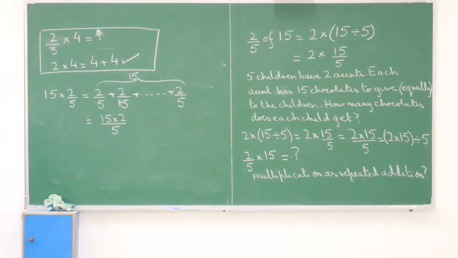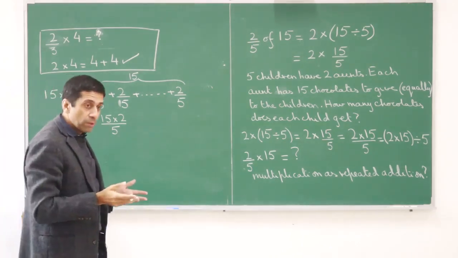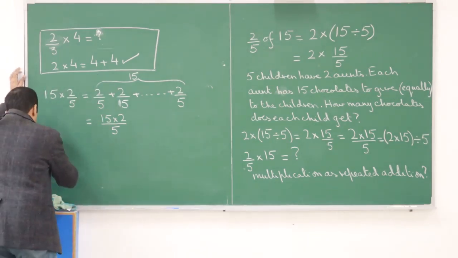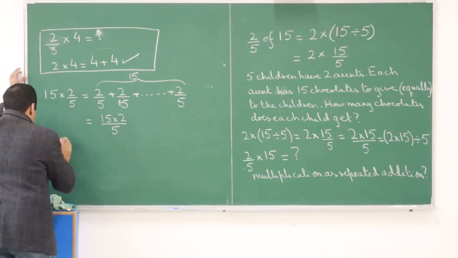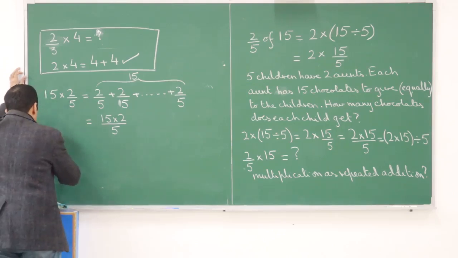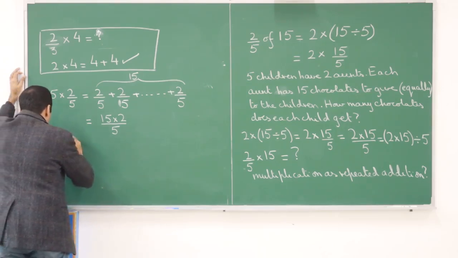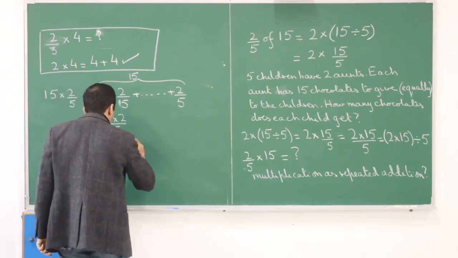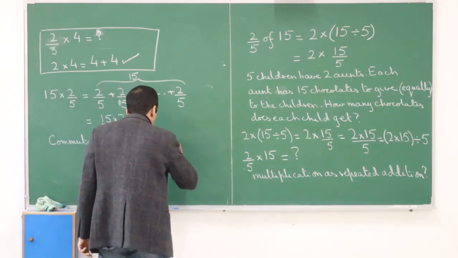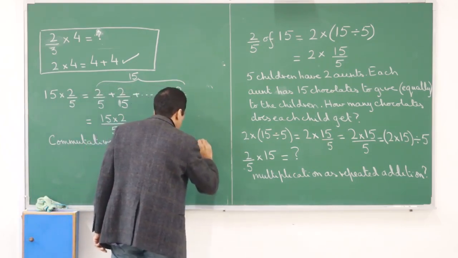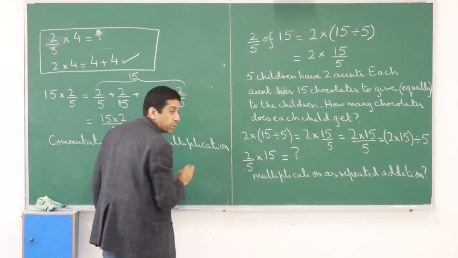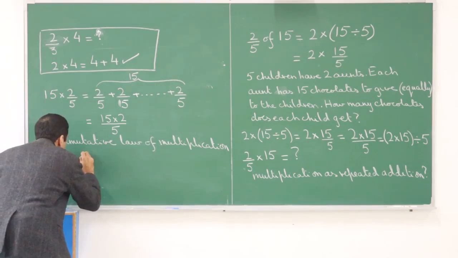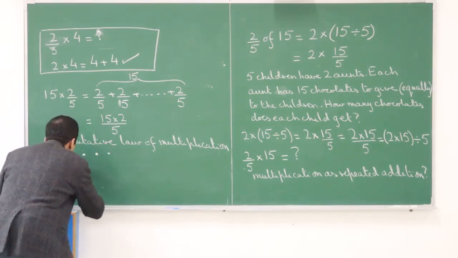And now what I'm going to do is, remember our friend the commutative law? So if I'll just repeat 4 3s, so this is the commutative law. We have lots of good friends. The commutative law of multiplication. So what was our old friend? The commutative law of multiplication. That was that the order doesn't matter, and let's say you have